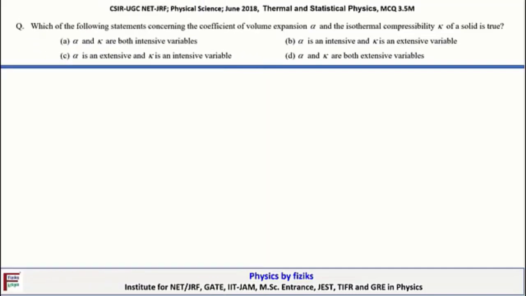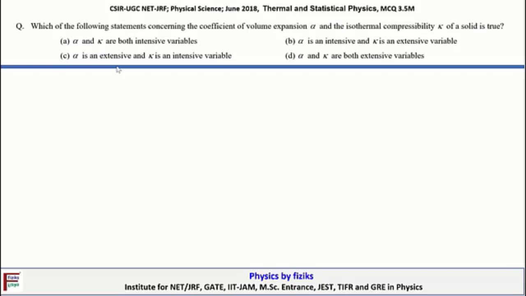So in this video we are going to discuss the questions that appeared in the physical science examination June 2018. The first question is, which of the following statements concerning the coefficient of volume expansion alpha and the isothermal compressibility kappa of a solid is true? The options are: alpha and kappa are both intensive variables; alpha is intensive and kappa is extensive; alpha is extensive and kappa is intensive; and the fourth one is alpha and kappa